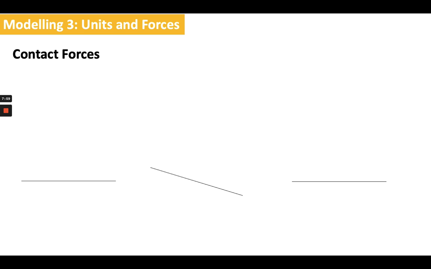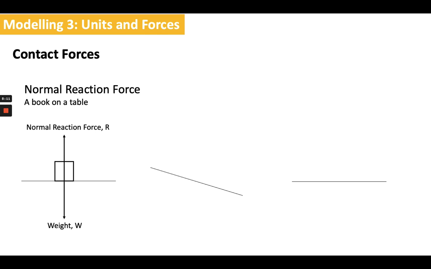The contact forces, as the name would suggest, exist when an object is in contact with another object. Now, there's two key types. The first would be the normal reaction force. For example, a book on the table, and that might look a little like this. I've got some book, which I've represented as before with just a quick square. I have a weight of the book that's going downwards, and I have a normal reaction force. We're going to label this as R for reaction force,